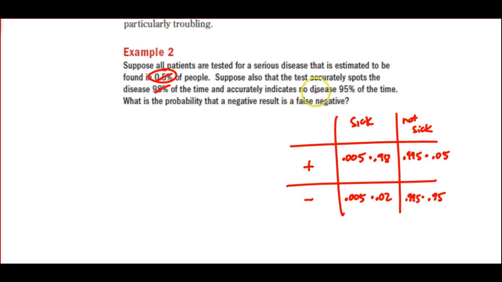So then accurately indicates no disease was this number, the 0.95. When you're not sick, you get a negative result. And then the complement to that is that you get a positive result when you're not sick. So now we need to do the multiplication on all of these and get our new results. So here I'm going to get